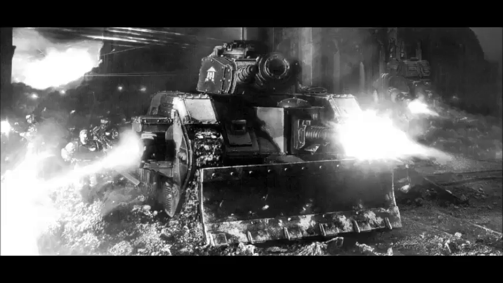Now, what do you get for taking this formation? It's very simple. Any unit from the formation that is within 12 inches of the tank commander receives preferred enemy. That's very good. It's very important to remember it's not just the Leman Russes which benefit from preferred enemy. And that's it. That's the only bonus. It's relatively simple,